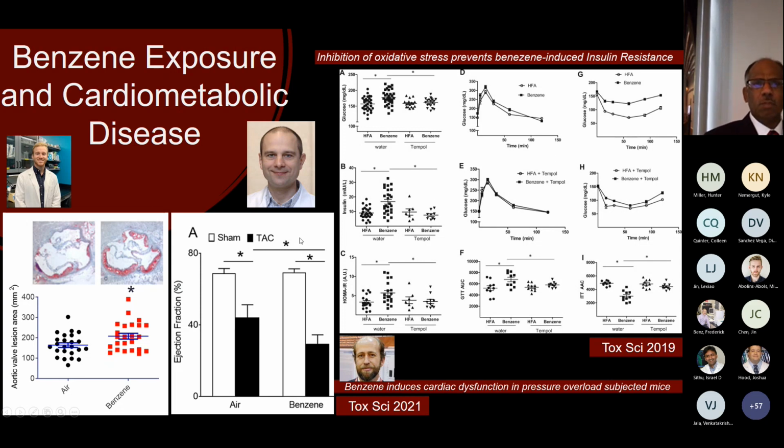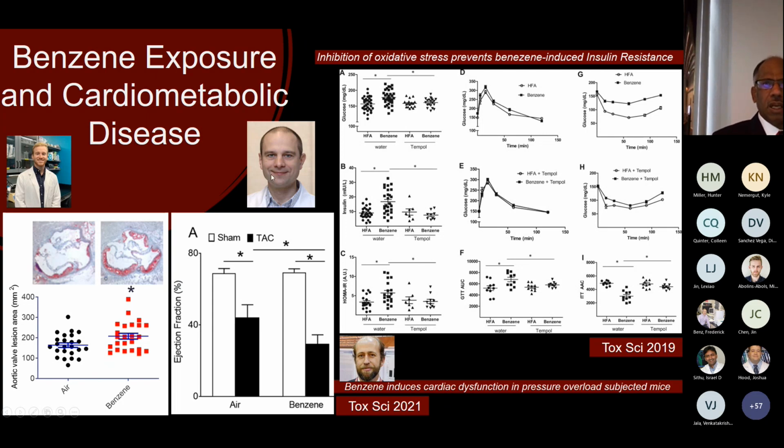In my group, we collaborated with Steve Jones to look at the pressure overload induced heart failure model, and Igor Zelko led these studies. What we found is that exposure to benzene decreased the ejection fraction in these mice subjected to pressure overload. Then another study we are doing is looking at the effect of benzene exposure on atherogenesis, that is